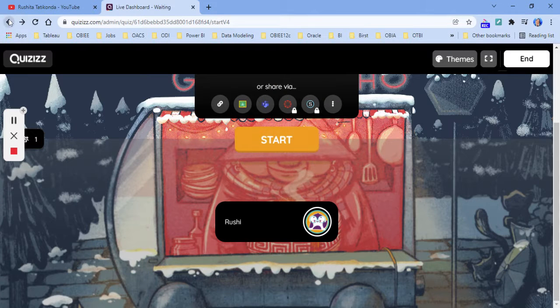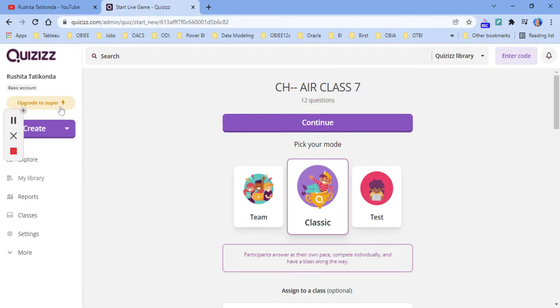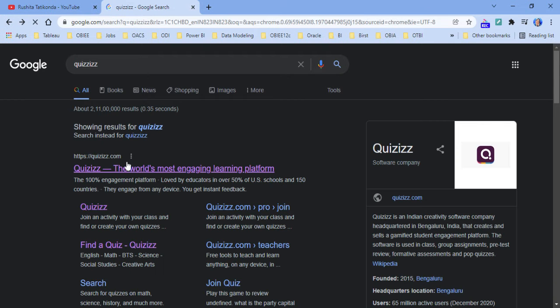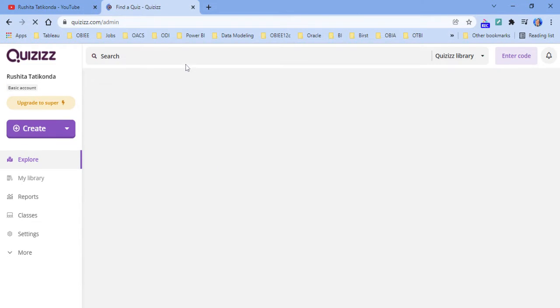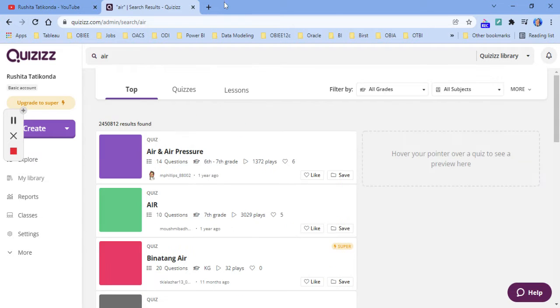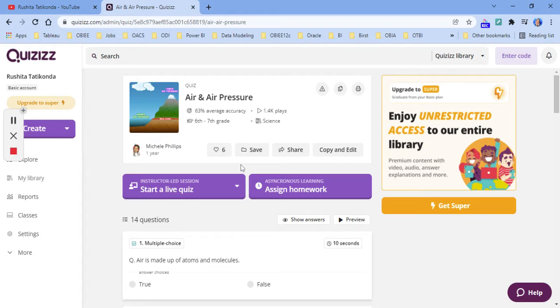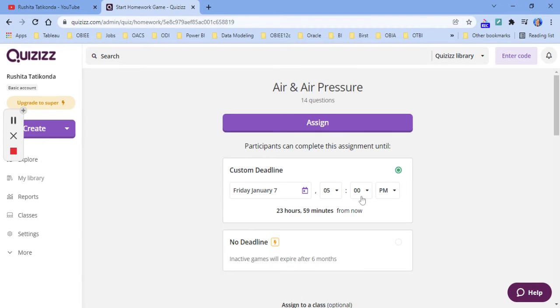Now let's see how to assign any kind of quiz for homework. Now let's go back to the website, and here I am going to write air. Here I have air and air pressure, and here if you see, you can assign it as homework. If you click on assign as homework, you can assign it to